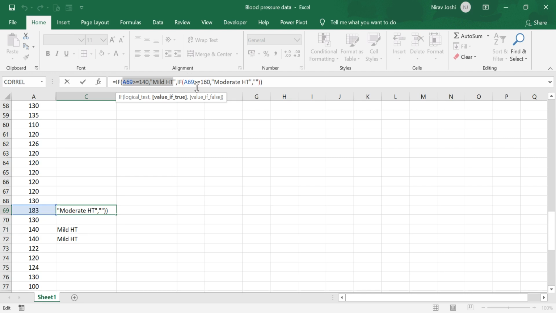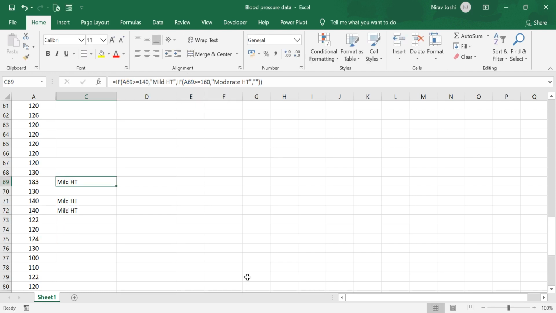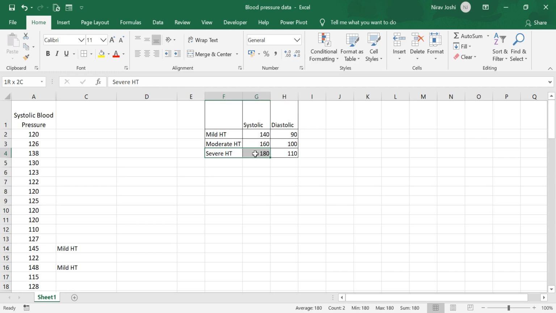So what is the solution for this? How can we solve this problem? Now it can be solved in two ways. Either we go from the lower category to the higher category in one by one nested formula. So either we can start with more than or equal to 180, then we write the formula for more than or equal to 160, then we can write the formula for this one, and eventually for the normal one if all these three are not getting fulfilled. Or we need to go in reverse.